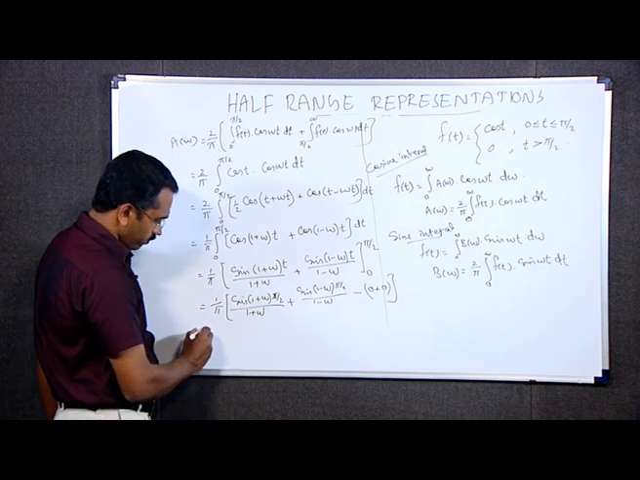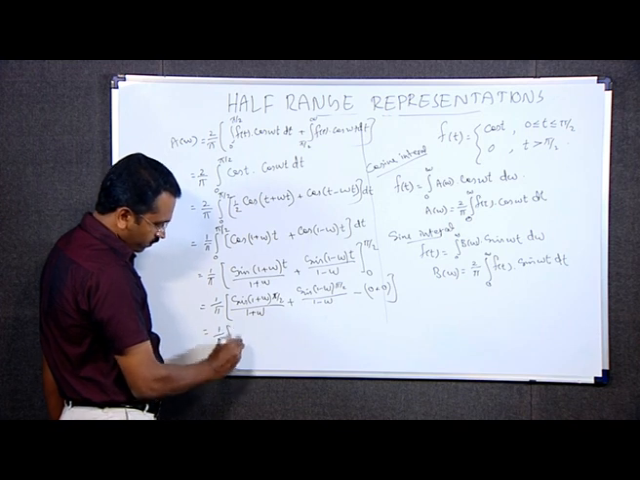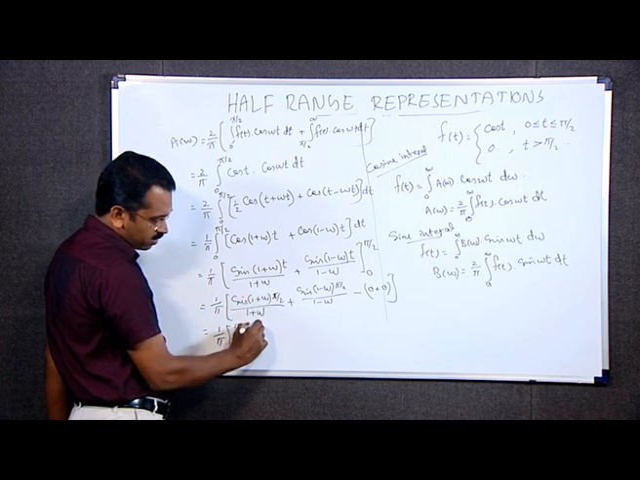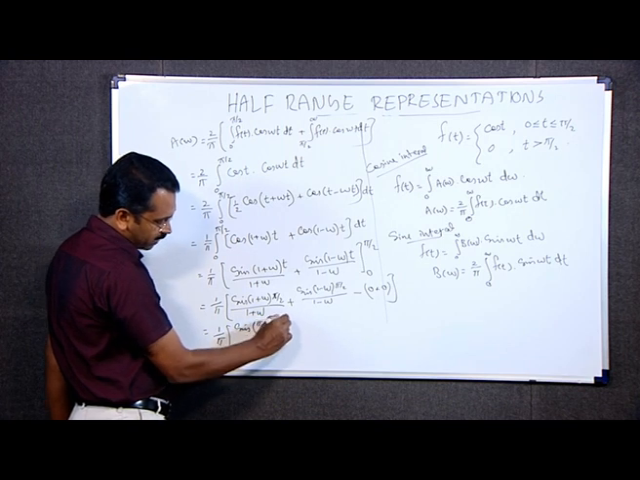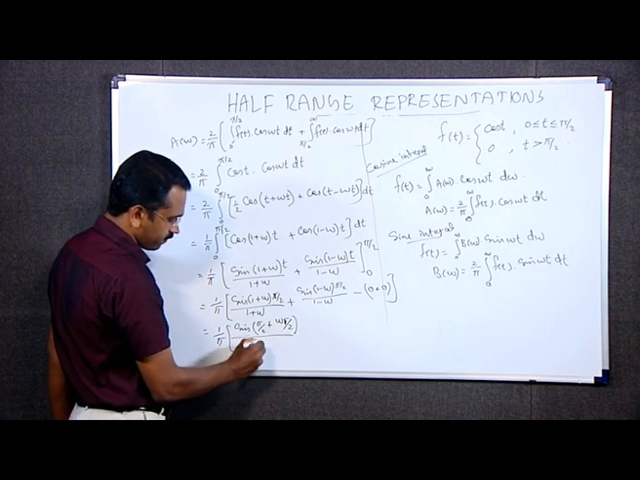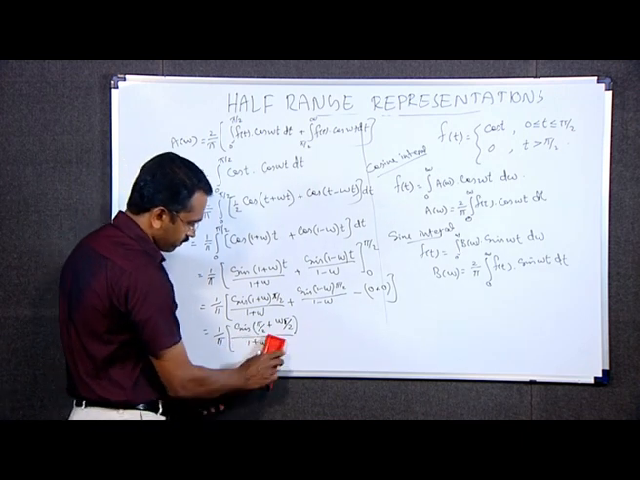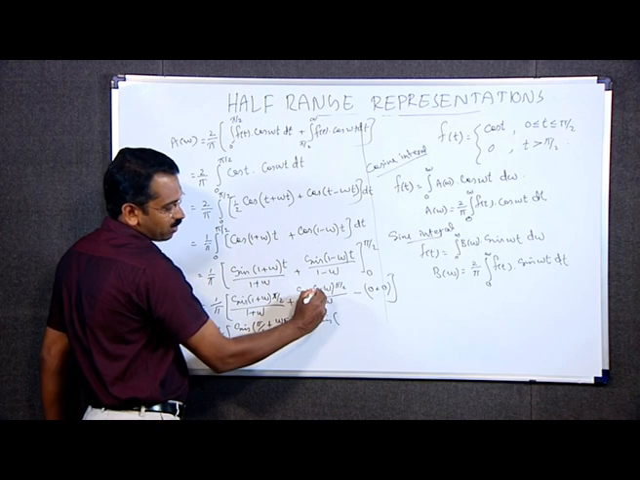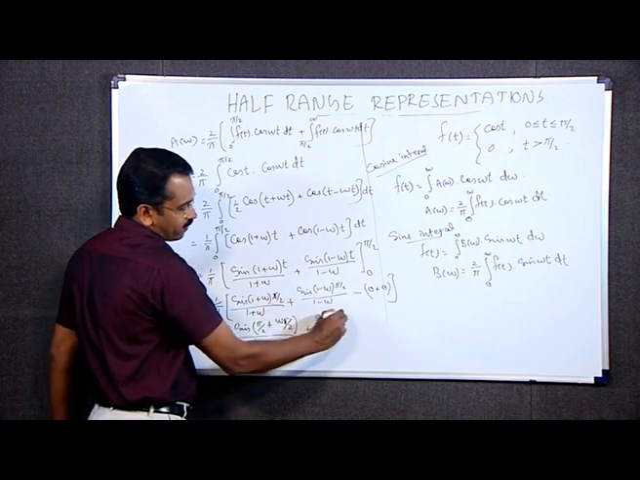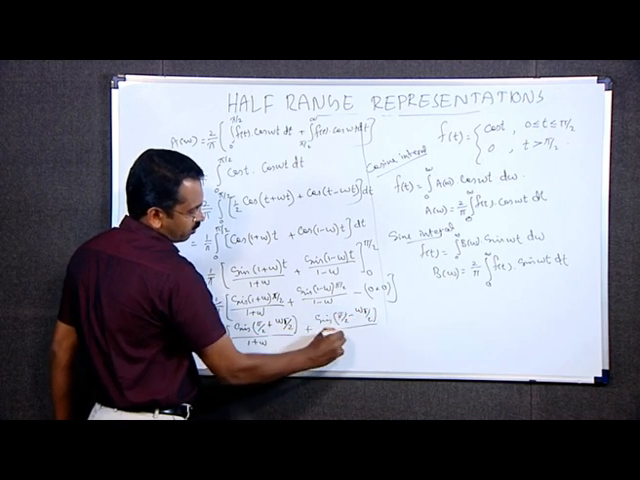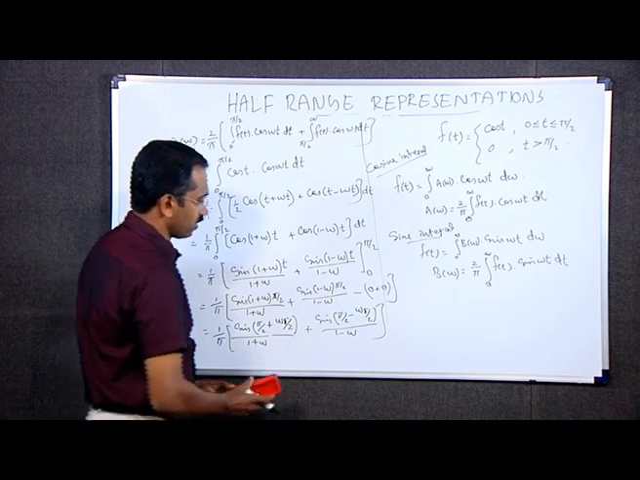This is equal to 1 by pi into, here we can write sine 1 plus omega into pi by 2 means sine of pi by 2 plus omega pi by 2, divided by 1 plus omega, plus sine, here 1 minus omega into pi by 2 means sine pi by 2 minus omega pi by 2, divided by 1 minus omega. That is equal to,